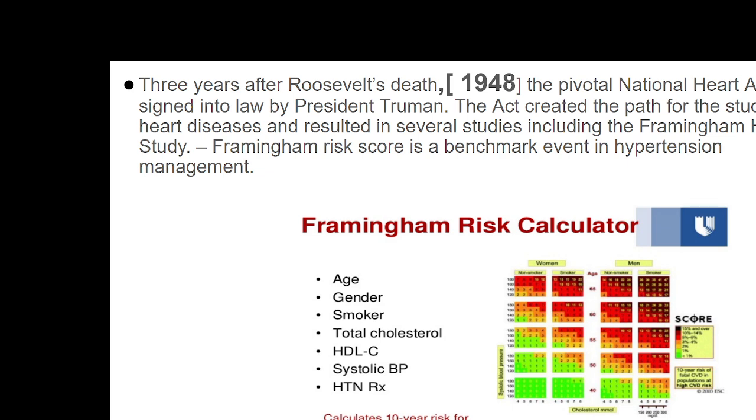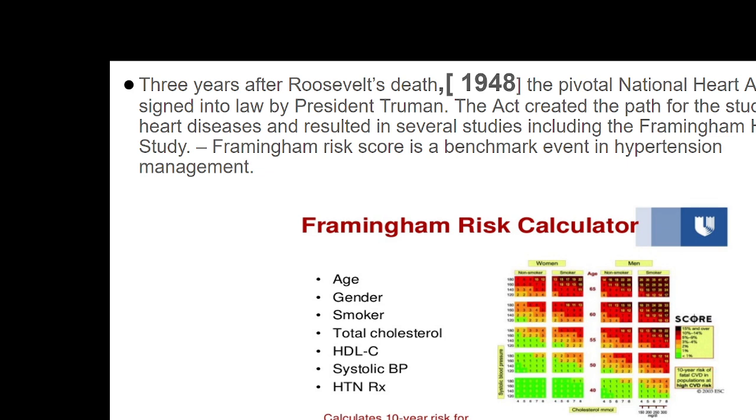This was considered a standard parameter after President Roosevelt's death. President Roosevelt, the American president, had high blood pressure. Earlier, high blood pressure was not considered a disease entity, or there was no method of standardizing it. The standardization was done after Roosevelt's death because he had hypertension complications. And later, in 1948, when President Truman was the president in the USA, a National Heart Act was established,